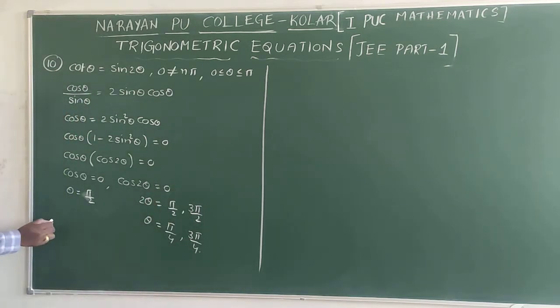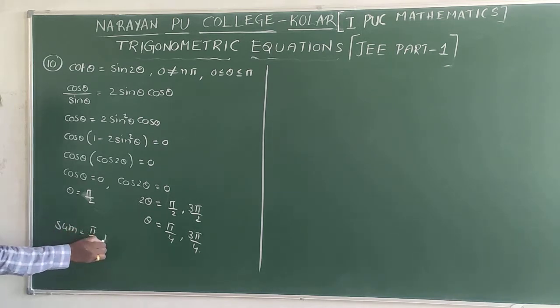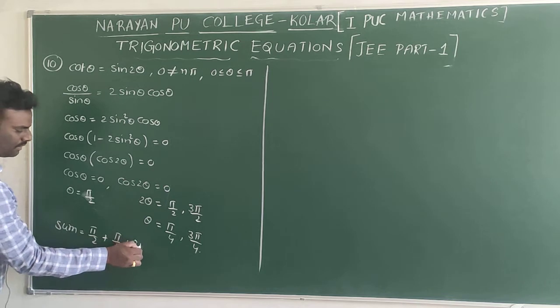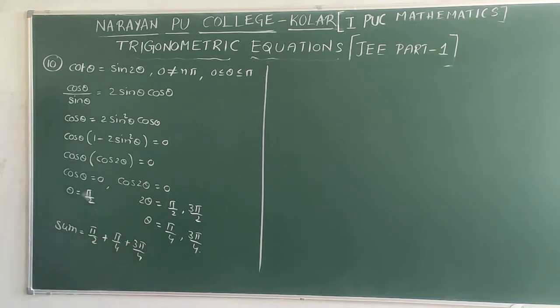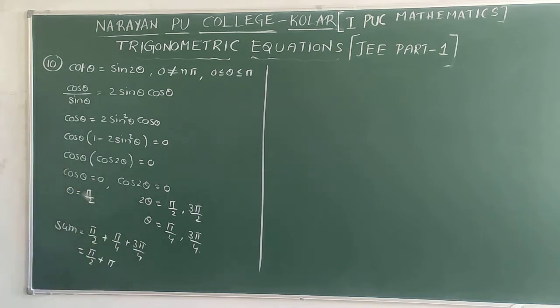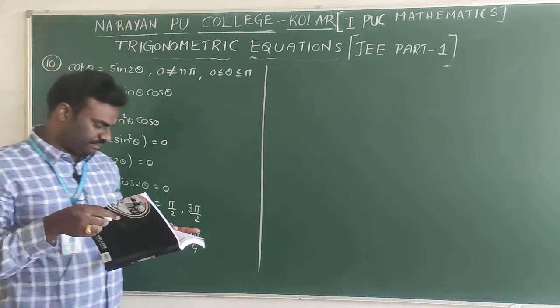We require the sum. Pi by 2 plus pi by 4 plus 3 pi by 4. That is nothing but pi by 2 plus this value will be pi. Now if you simplify, take LCM, the answer is 3 pi by 2 for question number 10. That is nothing but option A is the correct answer. Next,